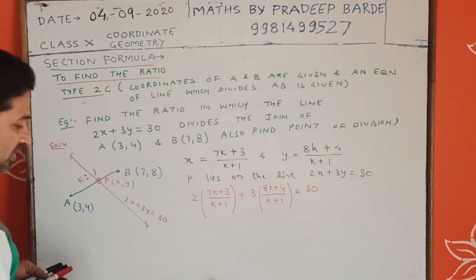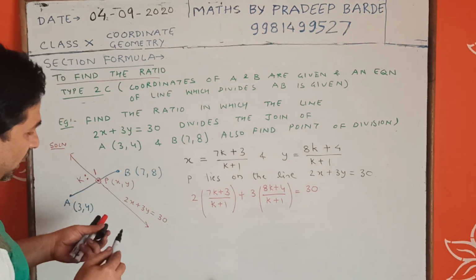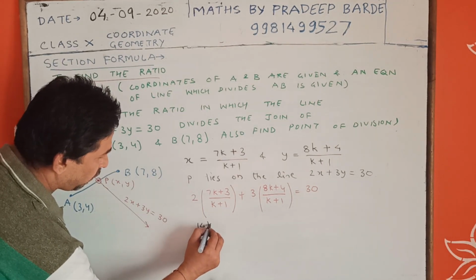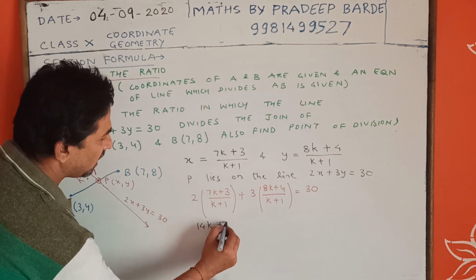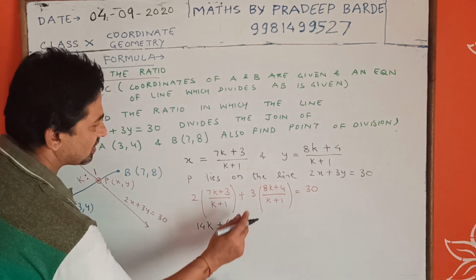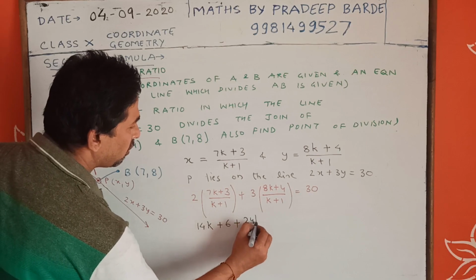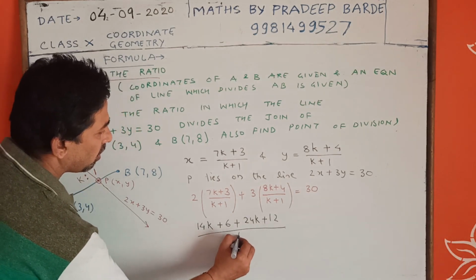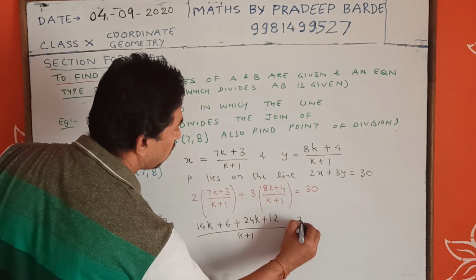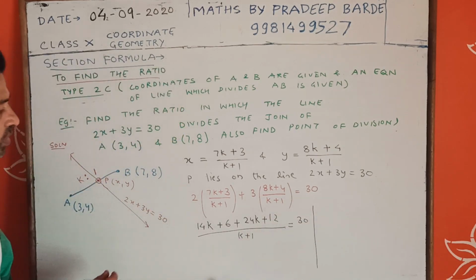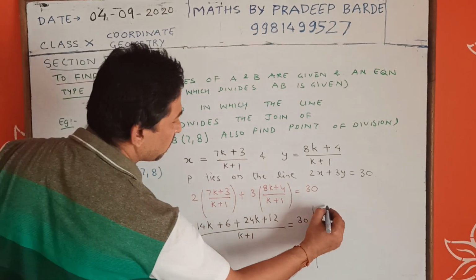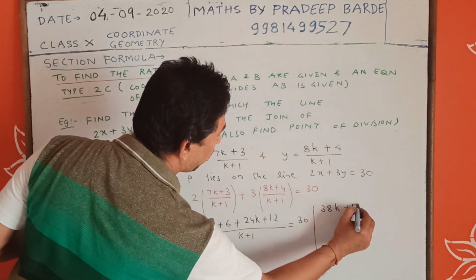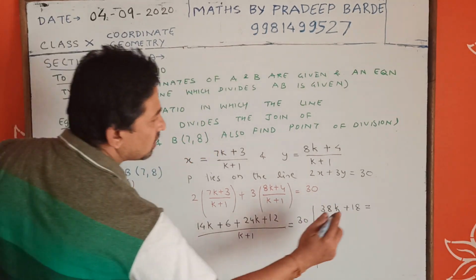Now let's simplify this. Here we get 2 into 7k, 14k, plus 2 into 3, 6, plus 3 into 8k, 24k, 3 into 4, 12, upon k plus 1 equal to 30. So here we get 38k plus 18 equal to 30k